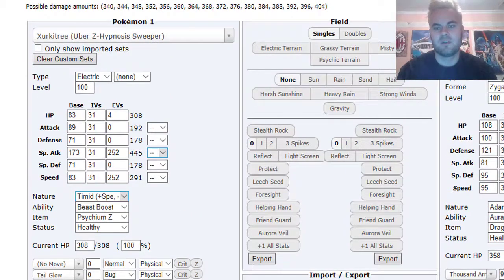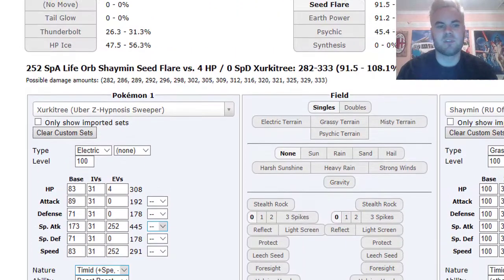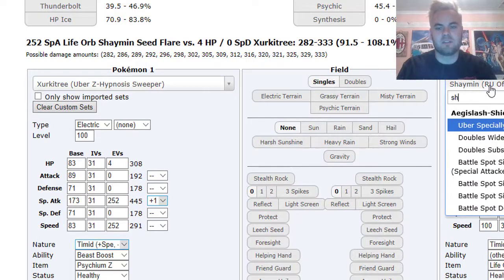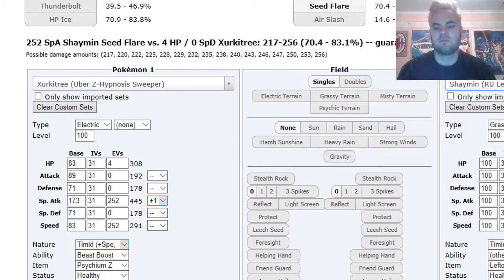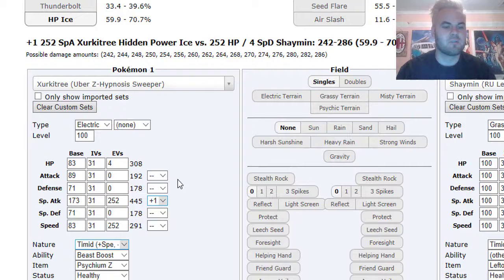Shaman play. If he's an offensive Shaman that comes in, then obviously Zerk, after a Calm Mind, can just do a ton. And even if it's a bulkier variant, let's just say nothing in there, max HP, it can still 2HKO, he can break my sub for sure, but at the same time I am +1 Spdef, which means that Seed Flare is not even a 2HKO, especially after Lefty's recovery, so